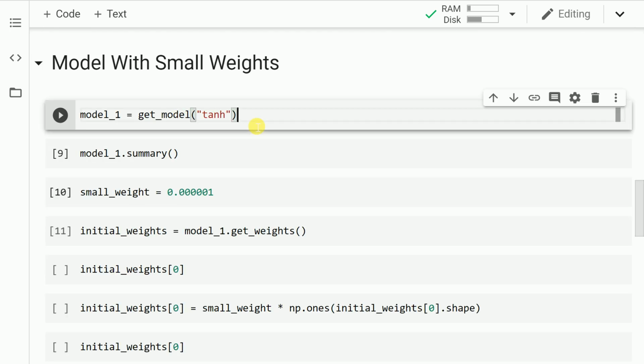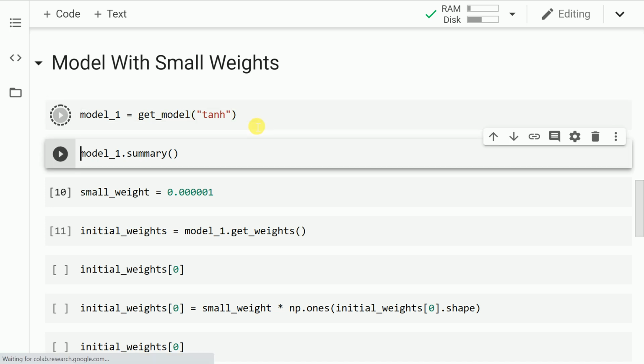Let's consider the first case, that is I have a neural network ready and I have randomly initialized the weights to very small values. What happens because of that is the signal shrinks as it passes through each layer until it's too tiny to be useful. This may not make a lot of sense right now, but what I'll do is I'll walk you through the entire code piece to make you understand this concept. So let me start off by creating a model from the function that I just discussed above. So let me run this cell.